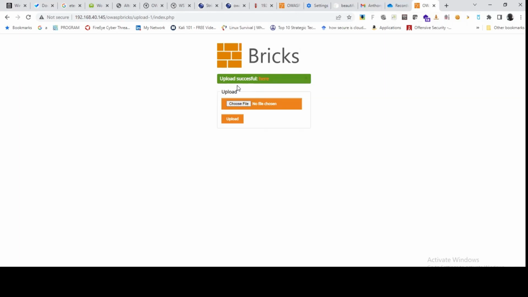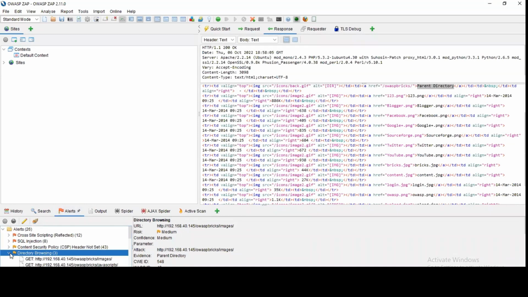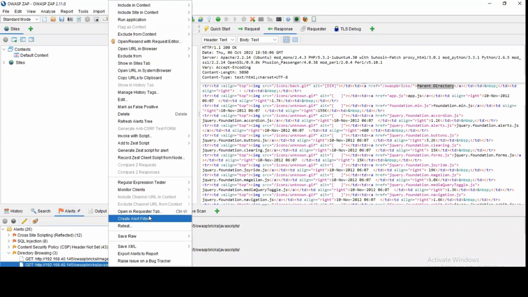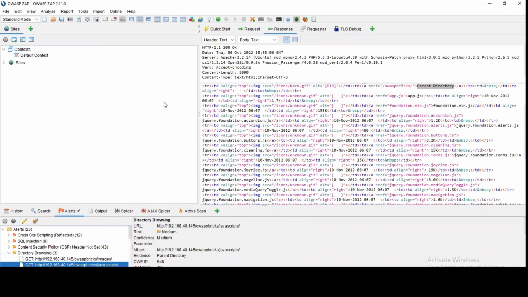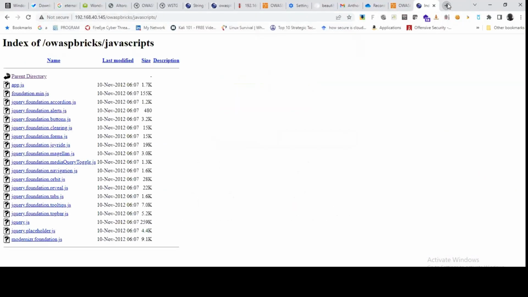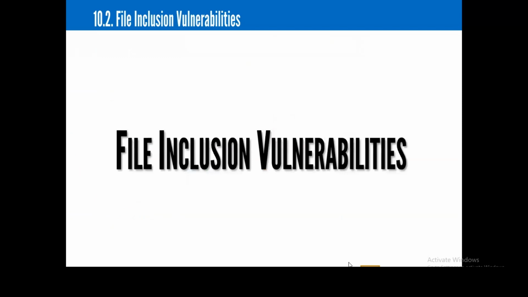So some of these vulnerabilities are very easy to exploit, and with your scanner, you can also see that. For directory browsing, it is telling me that these are the URLs of the application that are vulnerable to directory browsing. So I can easily come here and do all of that. So let's proceed as time goes on, and we go back to our scanner while this scanning is going on